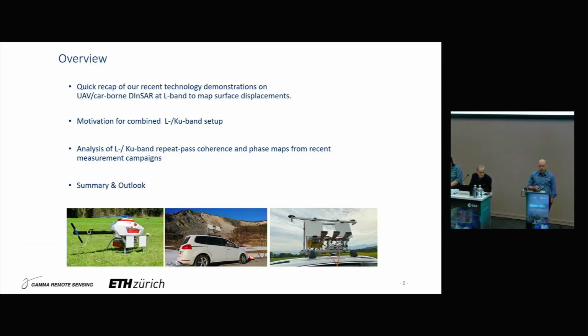I will start out with a quick recap of what we have been doing, mainly with the L-band, and then the extension is basically that we try to do that concurrently with L-band and Ku-band. So this is still work in progress, as you will see, with some first results. The implementation of that sensor configuration, including a Ku-band system and the L-band system, is on the right-hand side here. So, a quick recap, then show you a bit the motivation why we do L and Ku-band concurrently, and show some first results on this simultaneous acquisition, and do a summary and outlook.